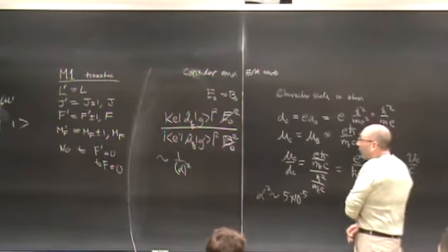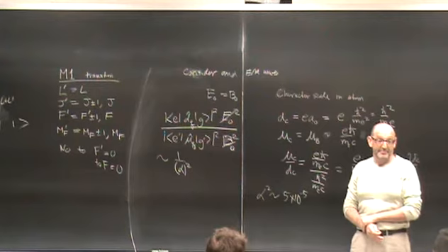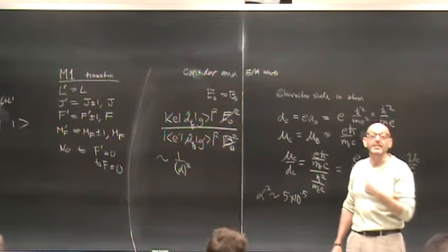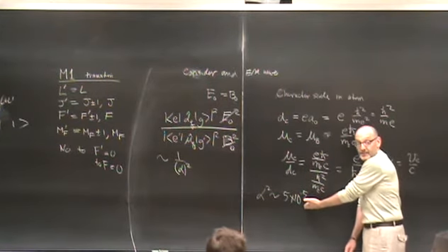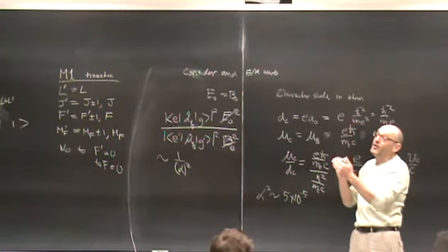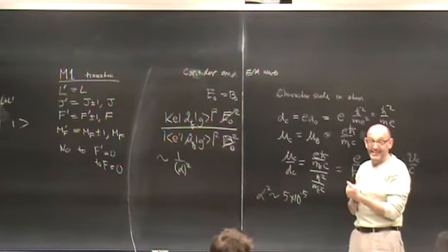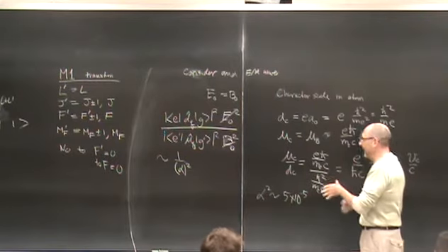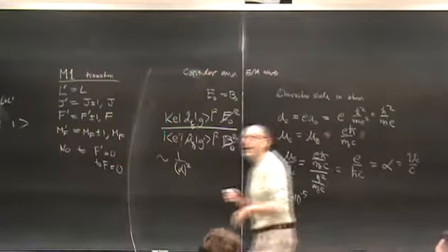Okay? It also means that the lifetime of the transition, that is to say the spontaneous emission rate, is reduced by the same factor, right? Because instead of the Einstein A coefficient having the dipole matrix element squared, it will have the magnetic dipole squared, which would mean that it would be a very long-lived state. So if I go back over here,